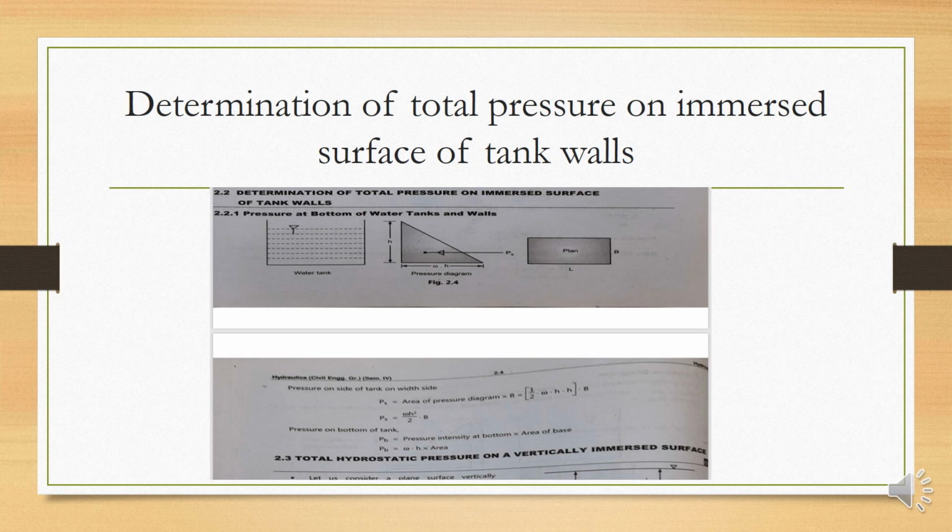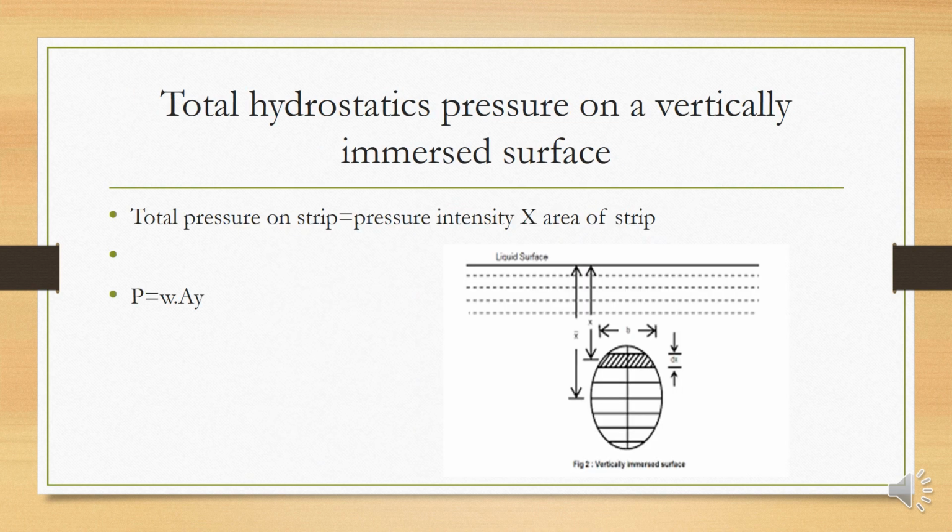Okay. Let's consider H is the height of that water tank, and now the total hydrostatic pressure P is the pressure exerted on the water tank multiplied by the area of the surface. Then the actual formula: let a plane surface be vertically immersed in a liquid having specific weight omega. Suppose the pressure on the side of the water is omega L, and it is vertically immersed in water or any liquid.